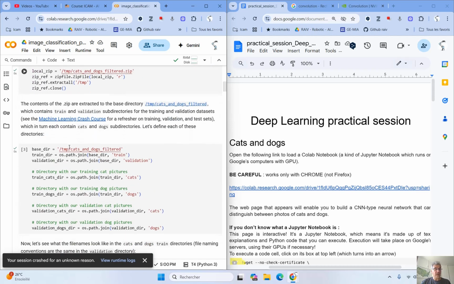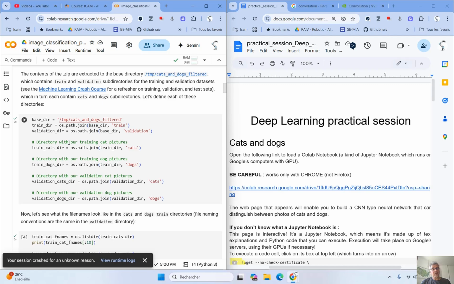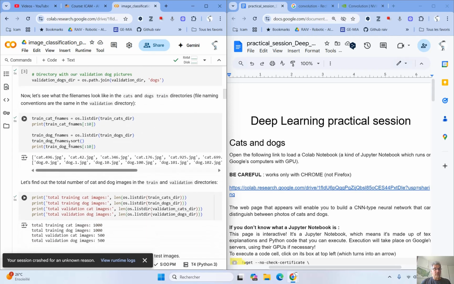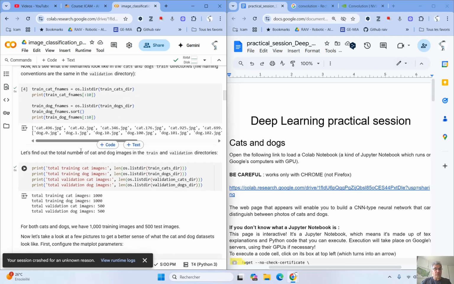Unzip this file and split this dataset of images into 4 datasets. We will have a training dataset with cat images, a training dataset with dog images.